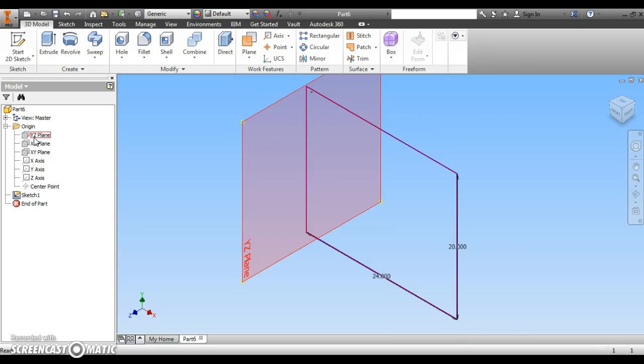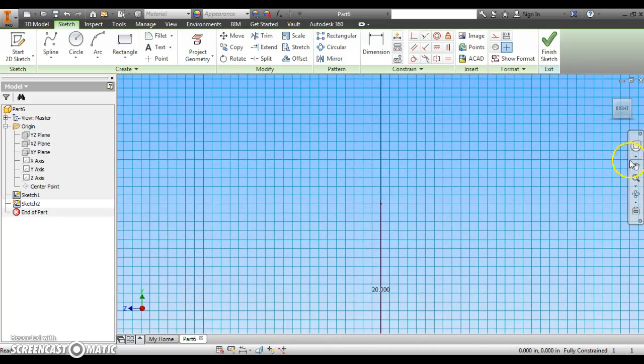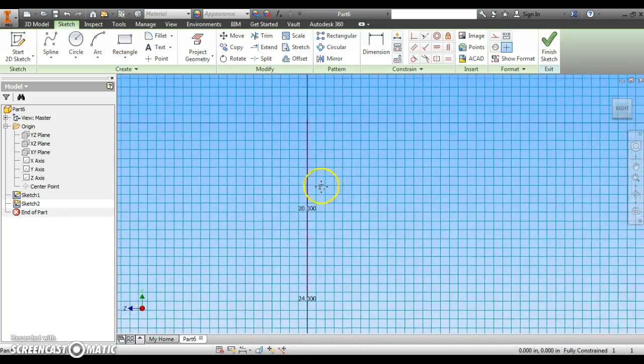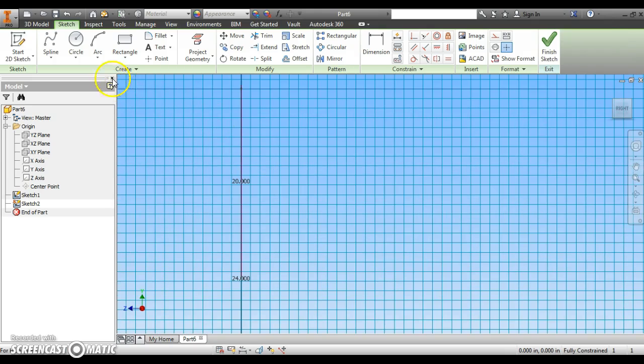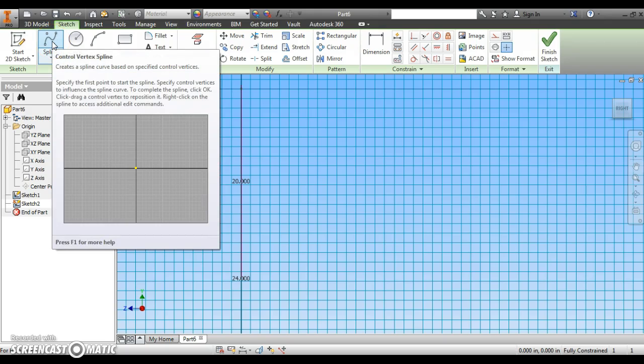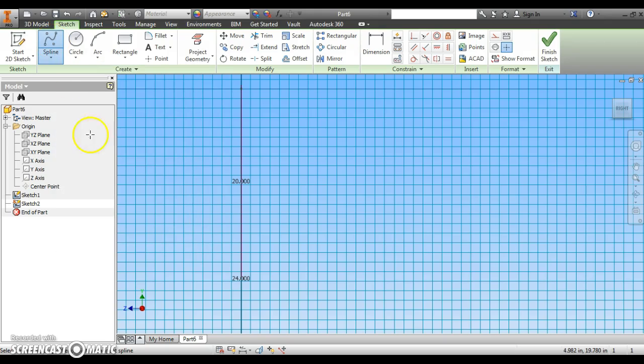So as I move my mouse, it looks like this. The YZ plane is the one I want to draw the path of the slide. So I click. I notice the icon come up in the middle of the screen, and I'm going to click the icon to start sketching. I'll move things around on my screen so I have plenty of room to draw the path of my slide. I could do a line or an arc, but I kind of like this spline tool. So I'm going to click on spline, click somewhere on my original square,